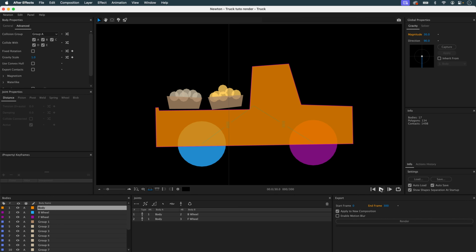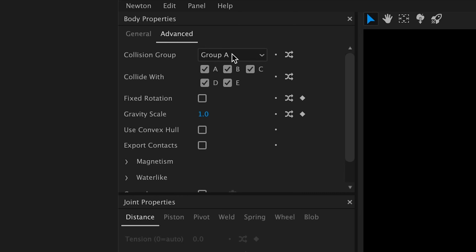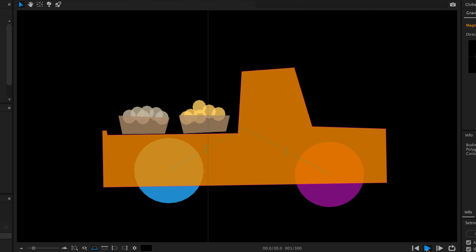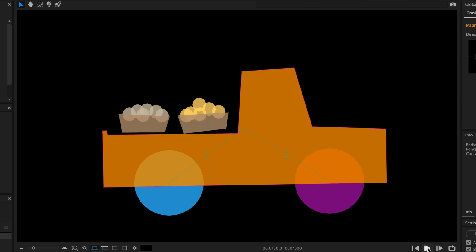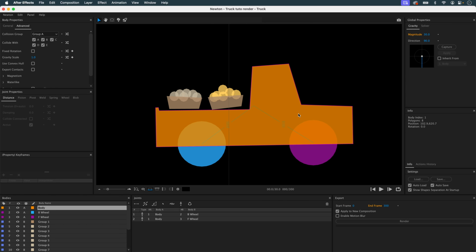So these objects would have to consider that there's no interaction between them. So they'd have to be in different collision groups. I'm going to select everything. I'm going to put all my objects in a collision group that's going to be B, and I'm going to say that everything in group B doesn't interact with group B. And now if I click on play, you'll see that they no longer have any links with each other. On the other hand, they do have links with the other groups. For example, the body of my car, which is group A. And that's exactly what I'm trying to do.